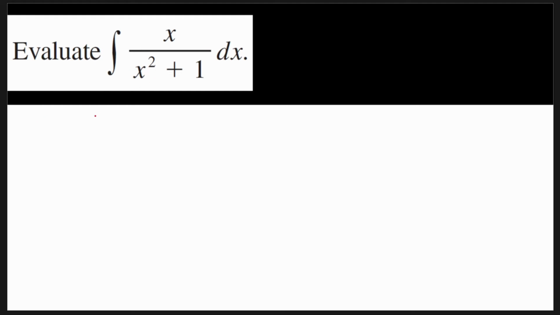Since we need to aim for 1 over u du, so that we can integrate this easily, which is equivalent to ln u plus c, right? So yeah, by substitution rule,